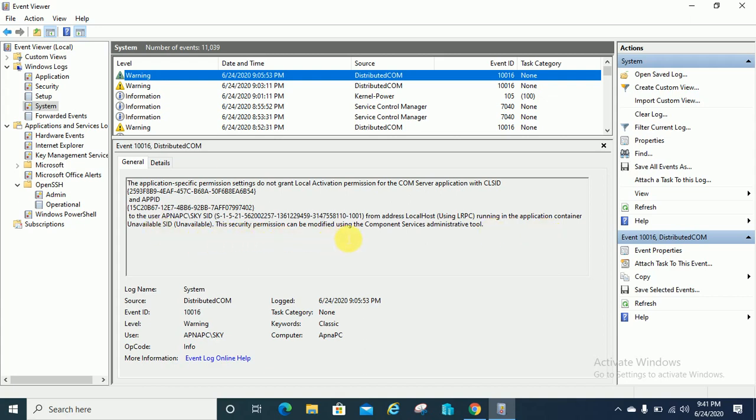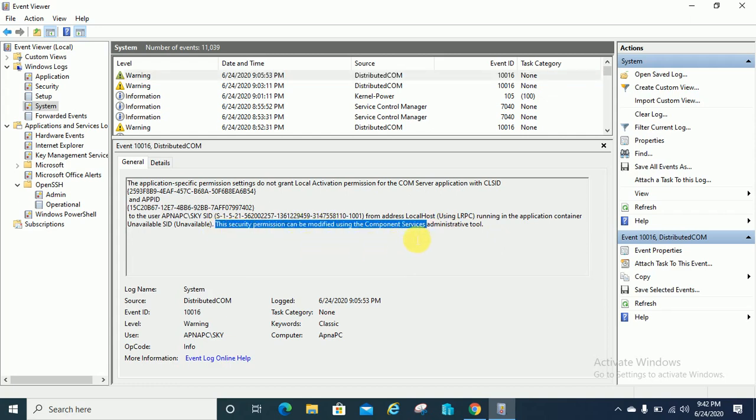This security permission can be modified using the Component Services administrative tool. So guys, this is very helpful to find out. As I already told you, it also gives the information on how you can fix such types of issues.